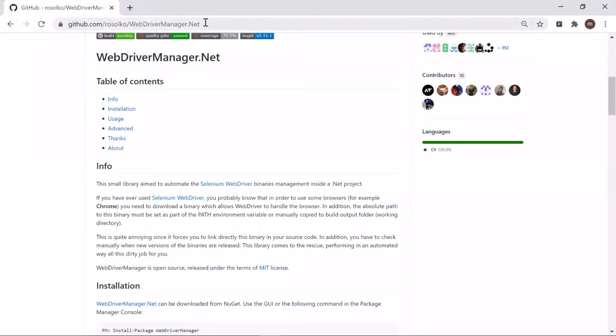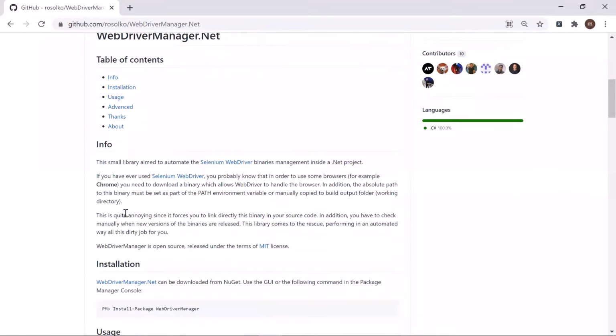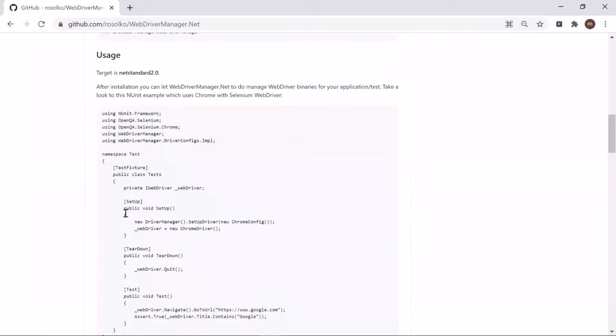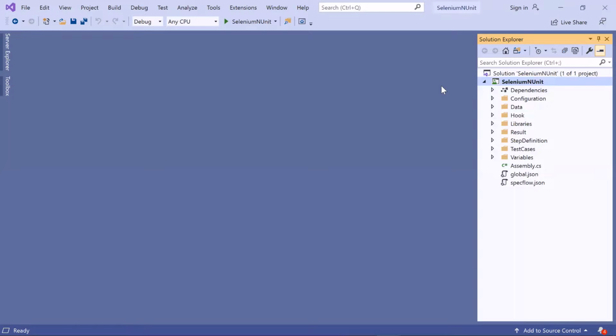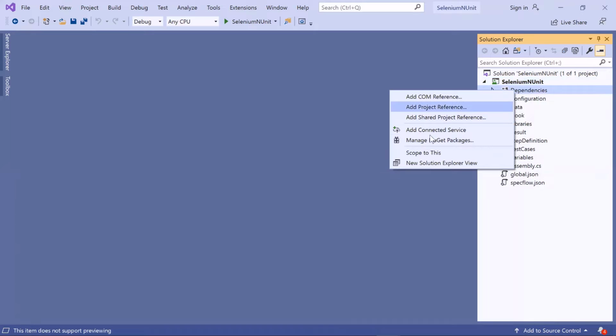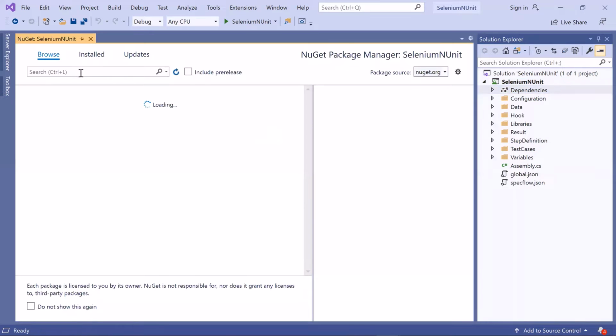So this is the GitHub page of WebDriverManager.net. We can find all the details over here on how to use it in our framework. First of all, we have to install the WebDriver Manager package, and we can install it using this command in Package Manager console, or from the NuGet Package Manager screen in Visual Studio.